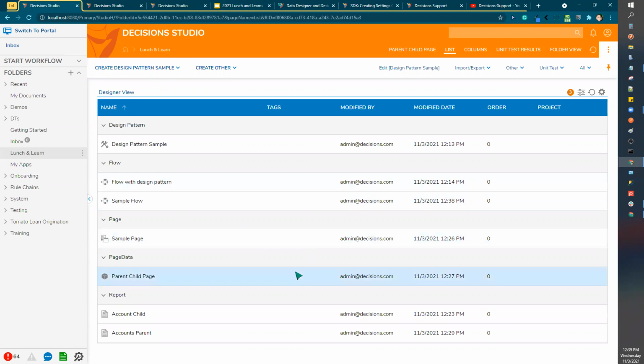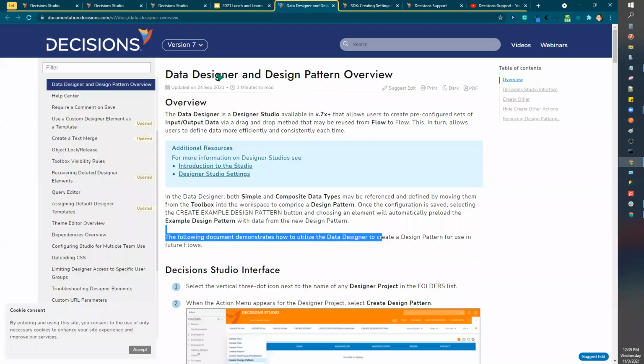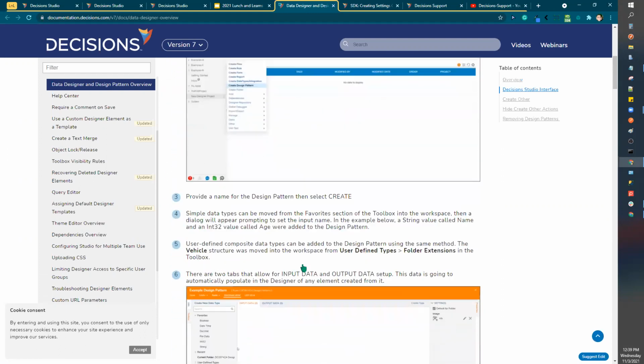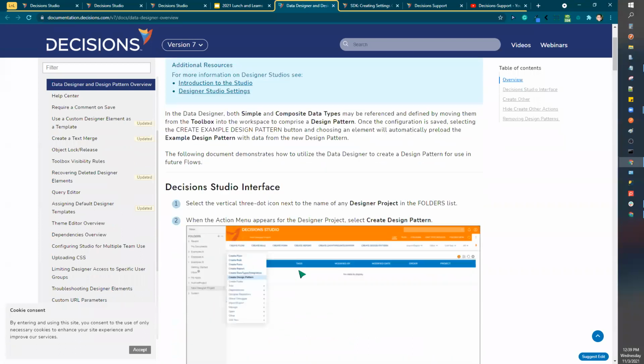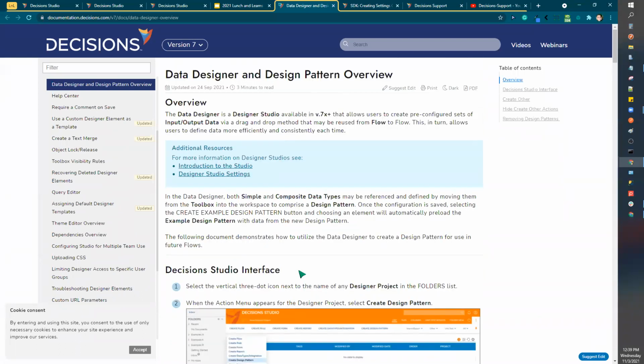But I think that's basically all I want to show today. Like we talked about earlier, that design pattern and what it previously was, interfaces is a really neat feature depending if you're using a lot of runtime selections or just designing flows with very similar structures and you might want to update them all at once. It's definitely something to look into as being very useful. And that, again, is available in 6 and 7, just under a different name,